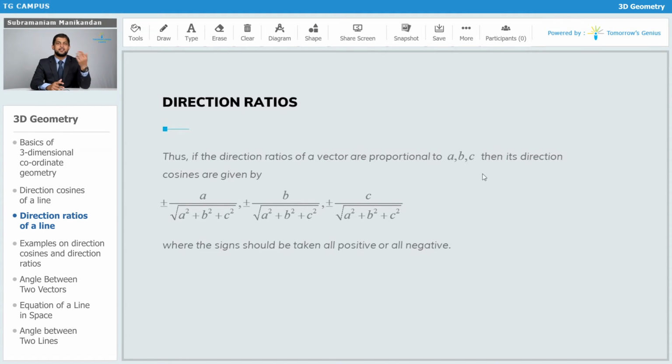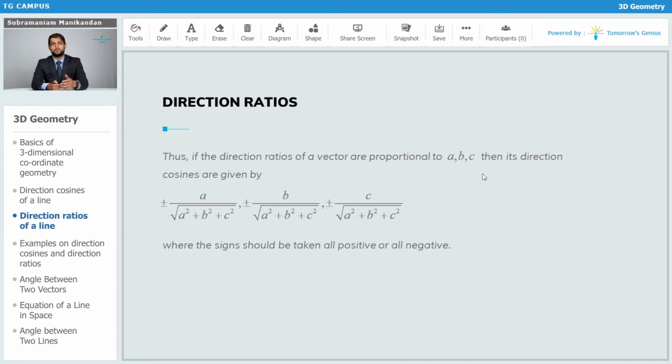When we say A, B, C are direction ratios, we mean that they are proportional. It becomes a bit lengthy to say that A, B and C are proportional to the direction ratios of a line, so we just say that A, B, C are the direction ratios. But when we say that, it is understood that they are proportional to the direction ratios. So if A, B and C are such direction ratios, then the direction cosines can be obtained